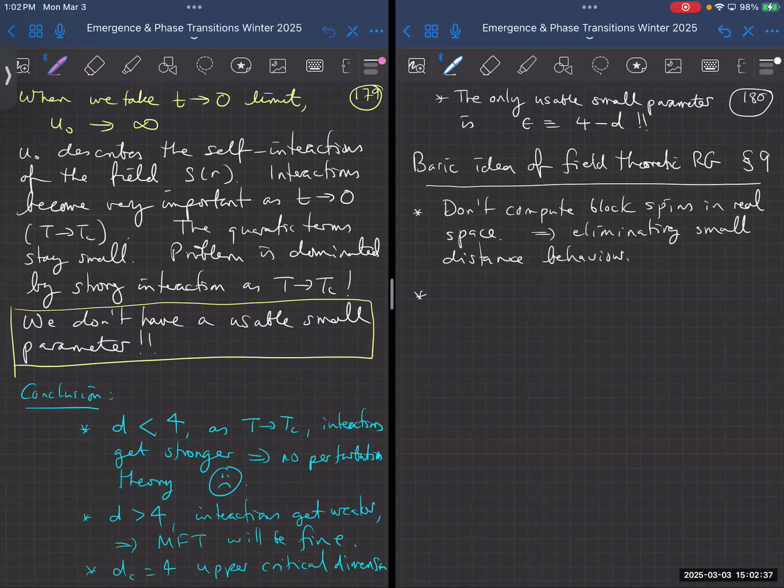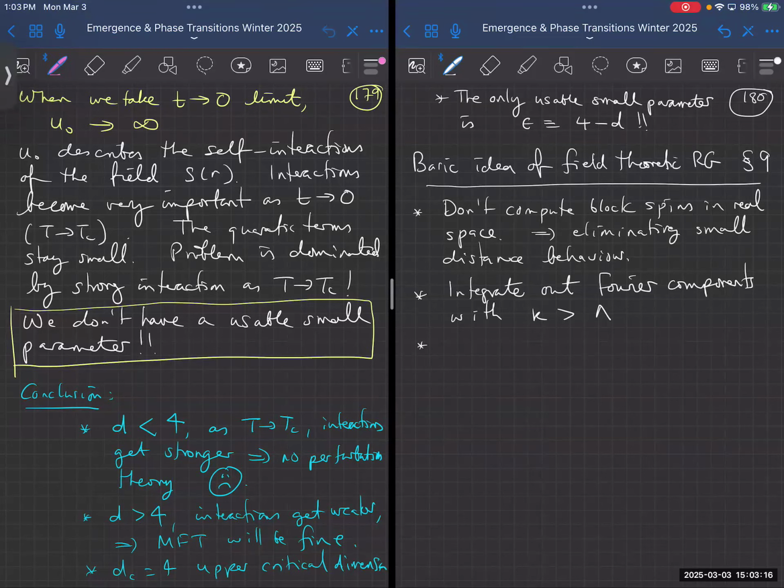So instead of doing that, what we're going to do is integrate out Fourier components with wave numbers k greater than 2 pi over lambda. So actually, I'm going to define it the other way around. I'm going to define it to be k greater than lambda, so I don't have to keep writing down 2 pi's over lambda. So we're going to integrate out Fourier components with k greater than lambda,